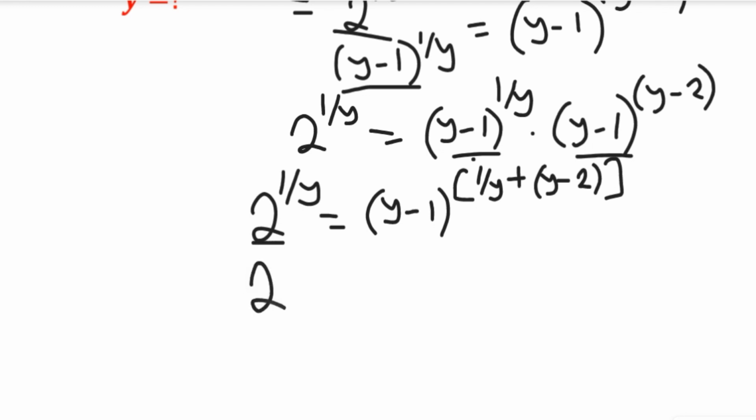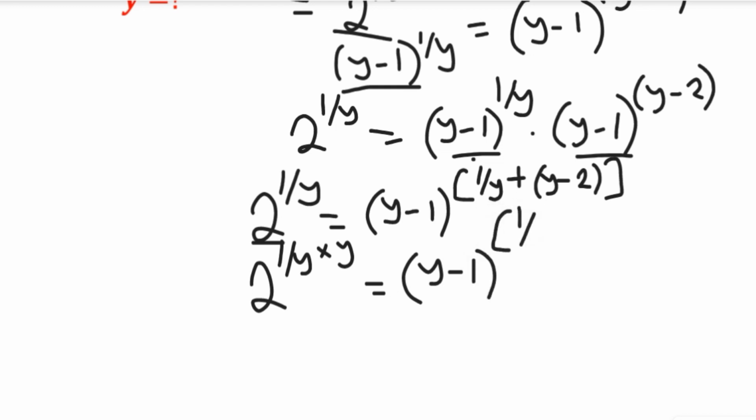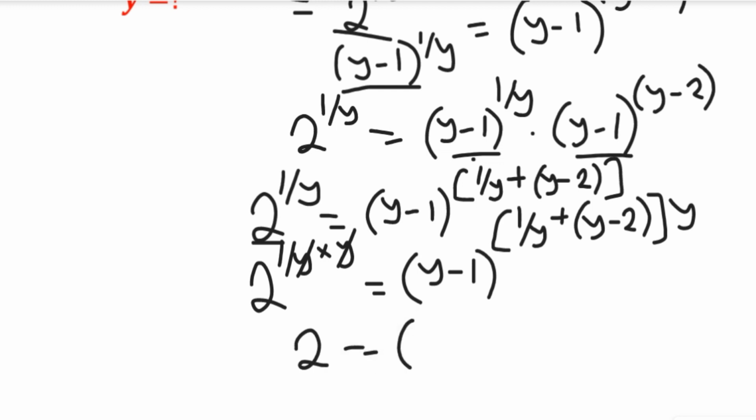So we'll have 2 to the power of 1 over y multiplied by y equal to y minus 1 to the power of 1 over y plus y minus 2, multiplied by y. So this y will cancel this y, and we'll have 2 equal to y minus 1,